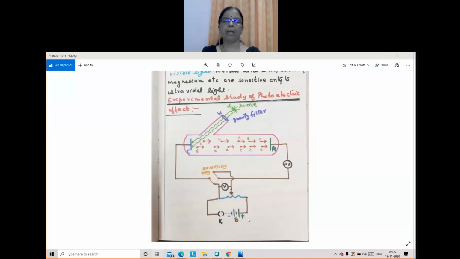So then, reversing the potential, what happened? What is your conclusion when we reverse the potential? Nasreen, on reversing the potential, what do you think will happen? Nasreen,